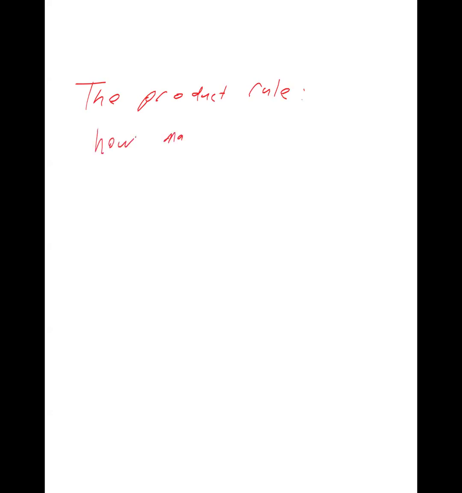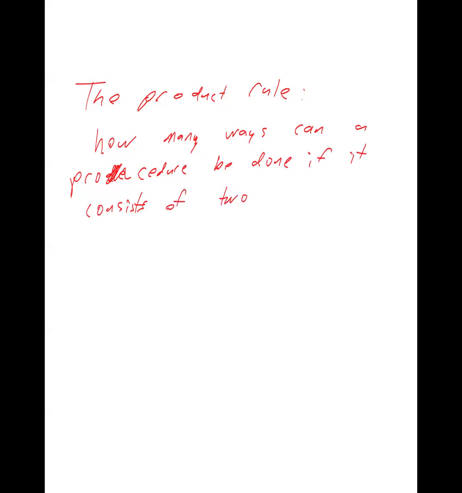So how many ways can a procedure be done if it consists of two tasks? You could actually call it two sub procedures if you wanted to, but if it consists of two tasks,